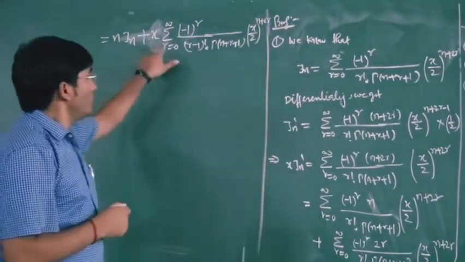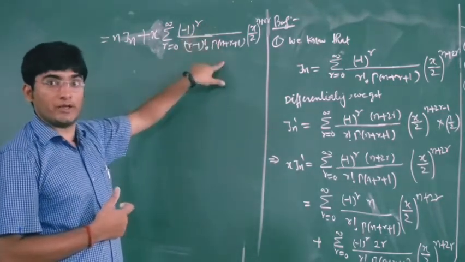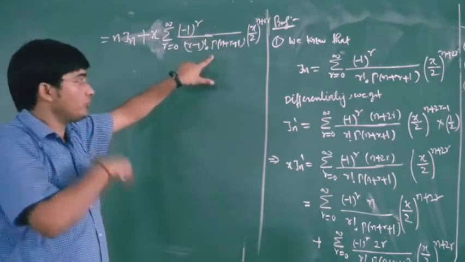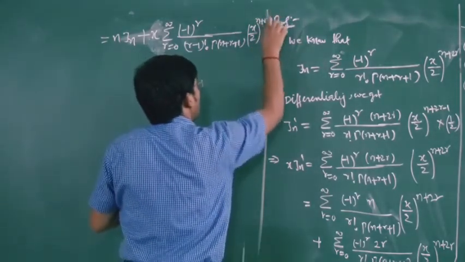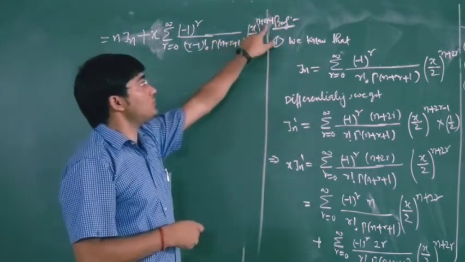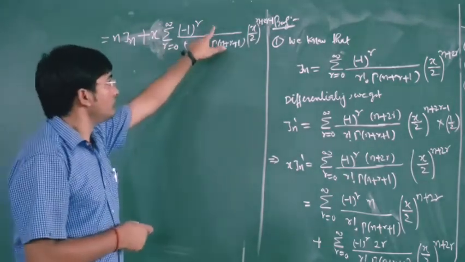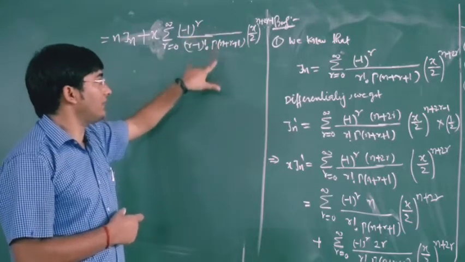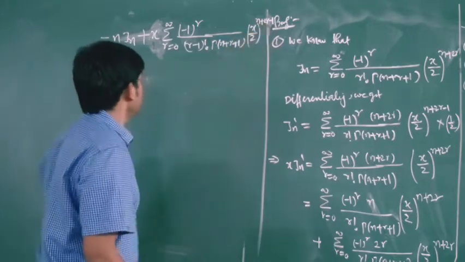Now we have to divide by x, and here we have 2. So this is basically 2 upon x. 2 upon x can be written as 1 upon x upon 2. And if you take this x upon 2 in the power, then this will be n plus 2r minus 1. So this is again x upon 2 power n plus 2r minus 1, because we have to divide this expression by x. So here in the denominator we will get x. Here we have 2. If you take this 2 outside, then we will get x upon 2. So on taking this term in the numerator, we will get minus 1.